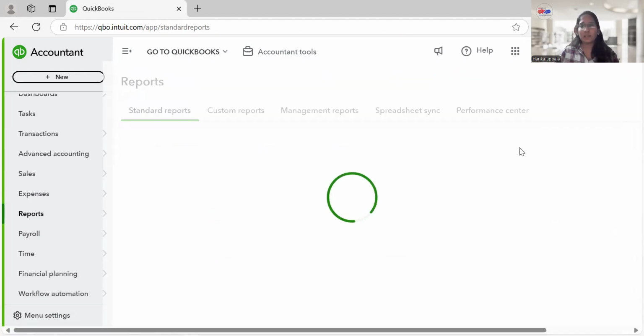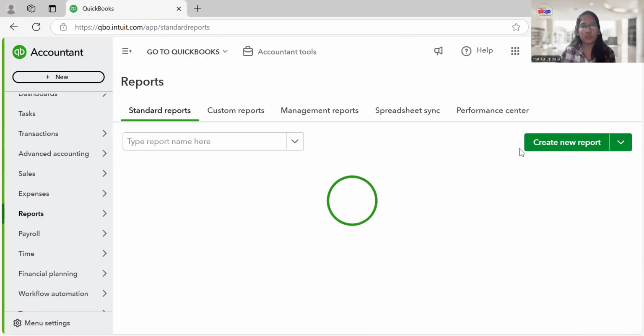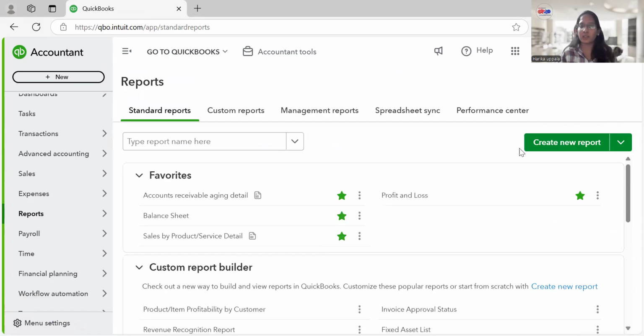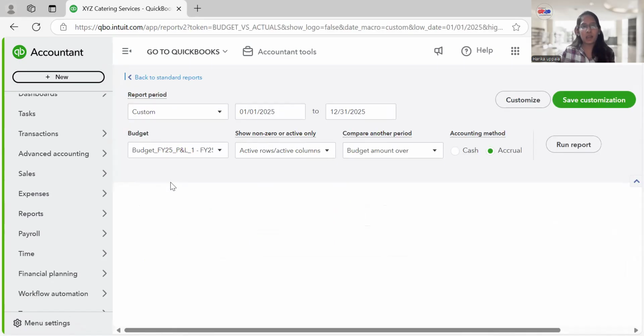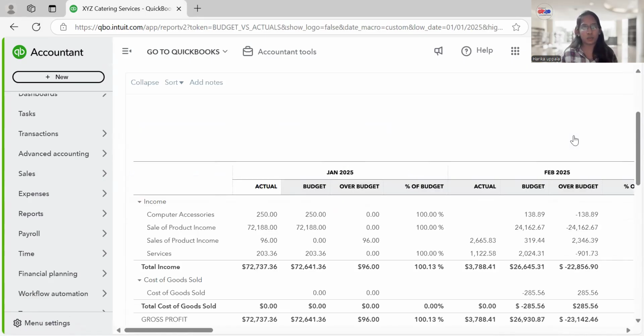And the last report that we are going to check, and which most investors are actually interested in, is the budget versus actuals report. All we have to do is type in the search box budget versus actuals and pick that. To use this report, the first thing you have to do is create a budget in QuickBooks.